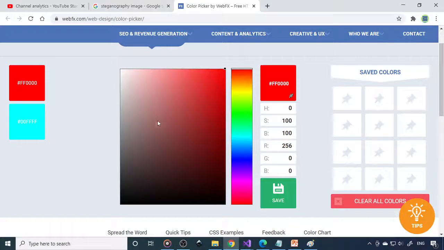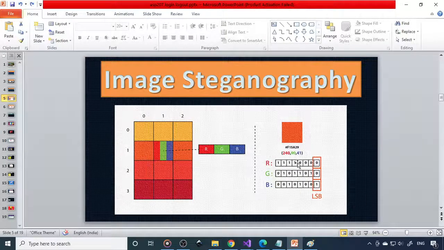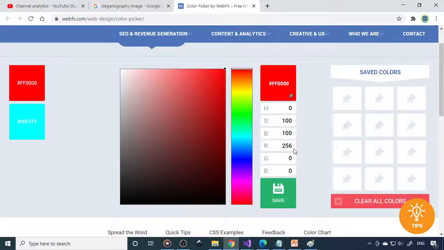Here I'll show you how the least bit works, because we discussed the least bit here. You can see that if the last bit changes, as I told, there is not much change. If 256 is a red color, and now I make 255, it's still red, there is not much change in the color. Even if you make 254, the color is not changed.